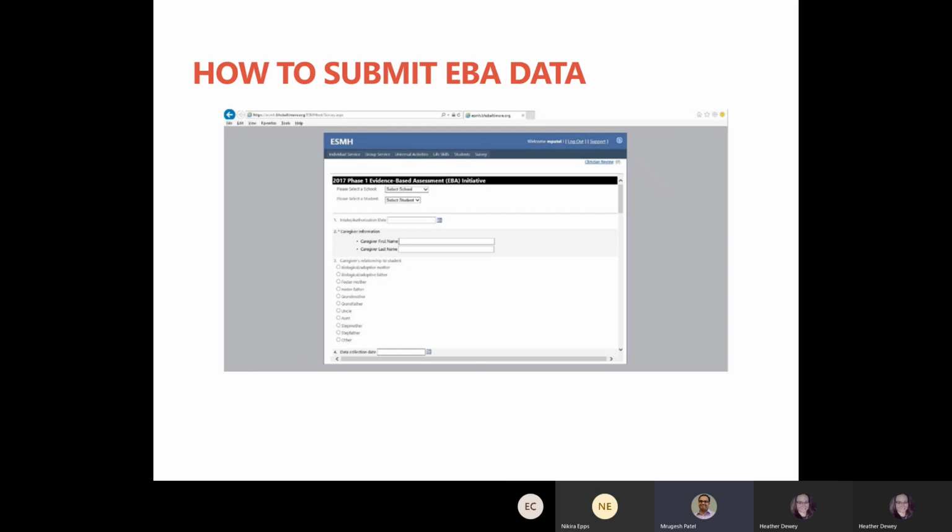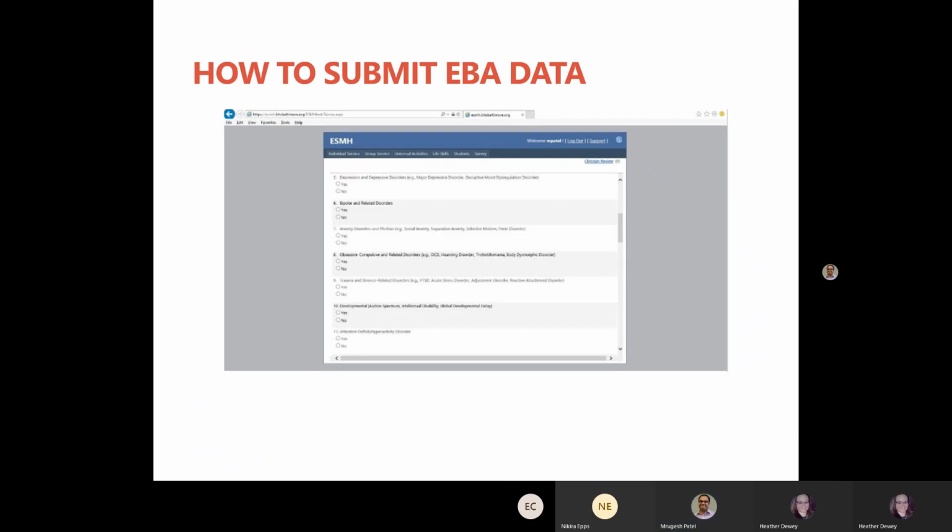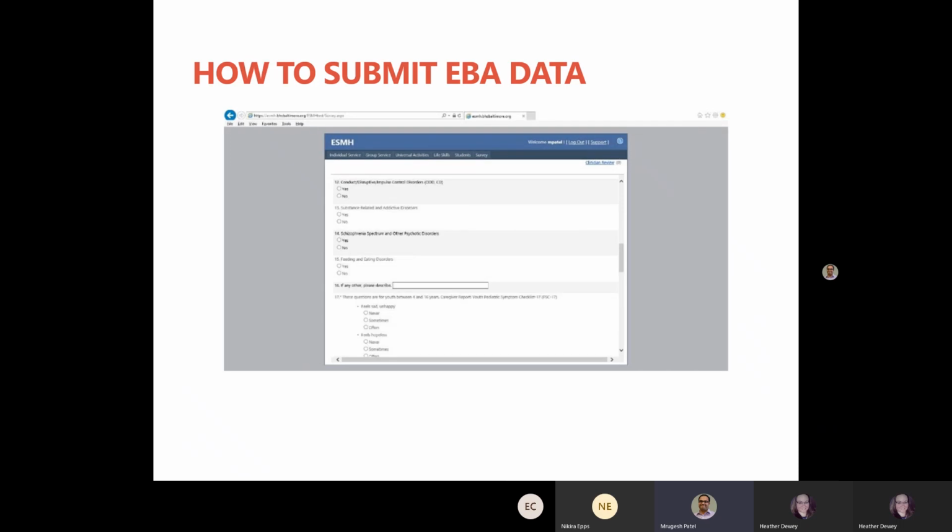those clinicians who have access to schools, as you can see here now, please select the schools. Those who have access to the schools can select their own schools. Underneath, the number of students will pop up, and then you can enter your intake date, caregiver relationship, and other information that is asked over here. On the next screen, it continues with all the questions, starting with the PSC 17 questions, which are in the exact same format as the one you can download from the link that we previously showed you.